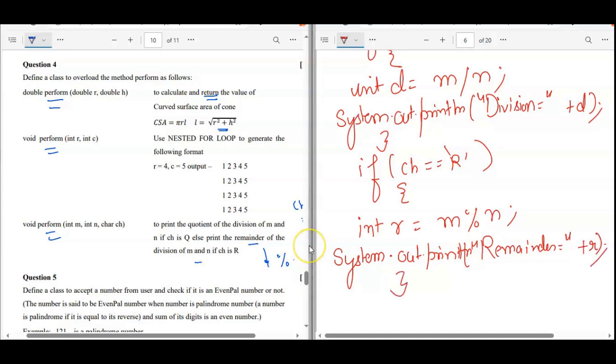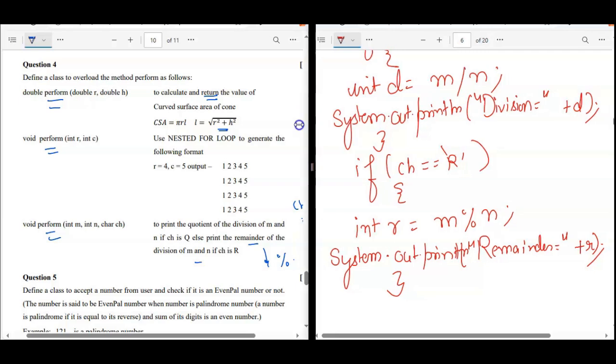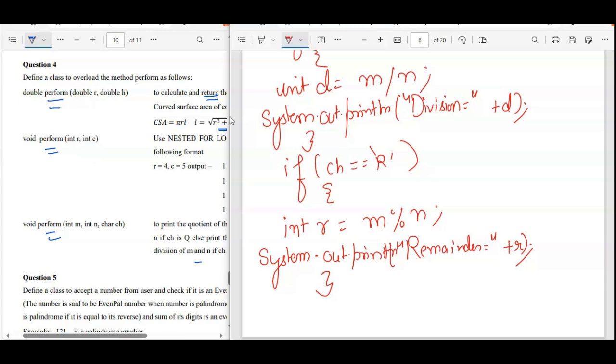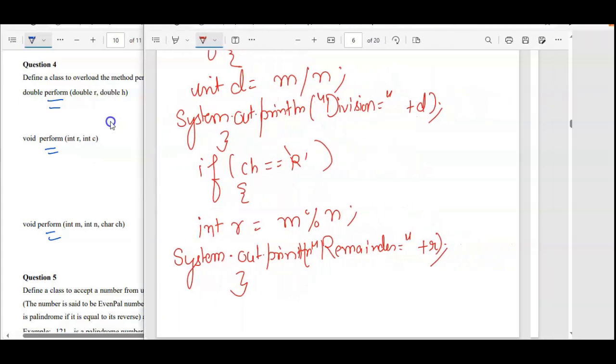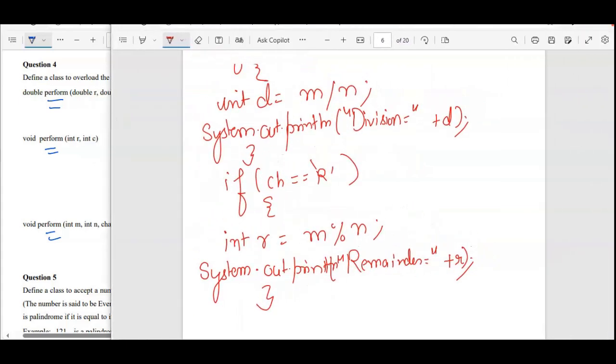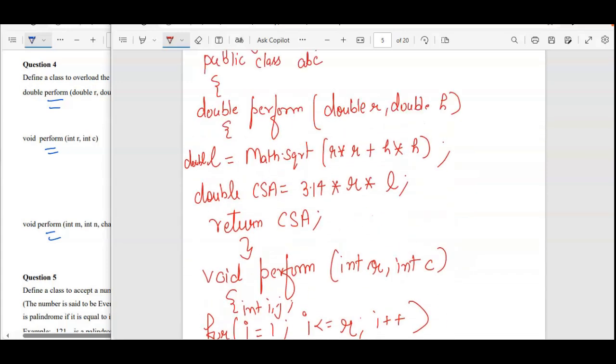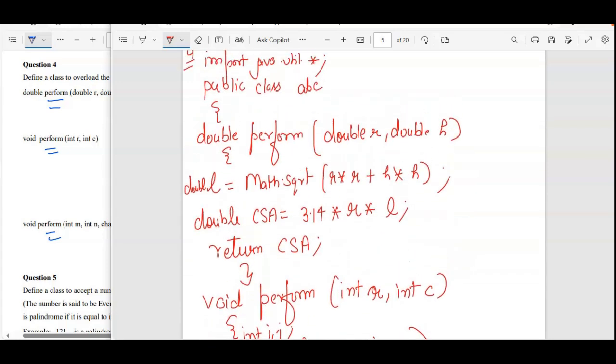Okay, and as such main function though is not required because they haven't mentioned here to use the main function. So well, let me show you the code once again here. So the first one is, first you have to take the util package, then we have a class ABC. The first part of this perform function is having two parameters.